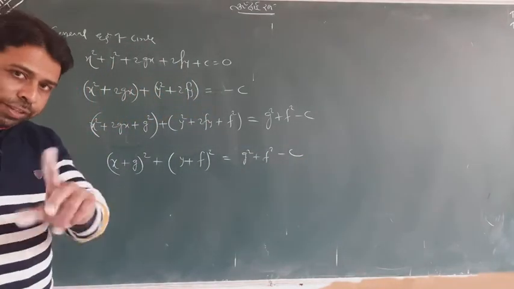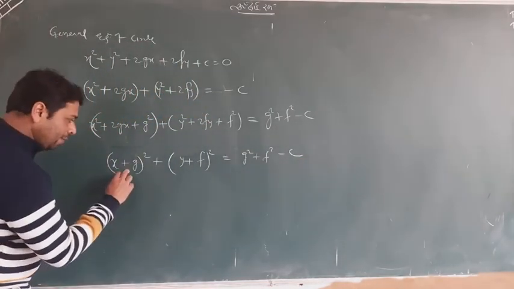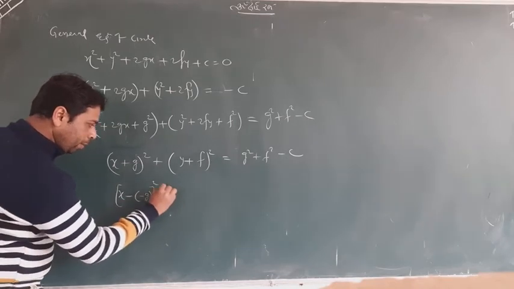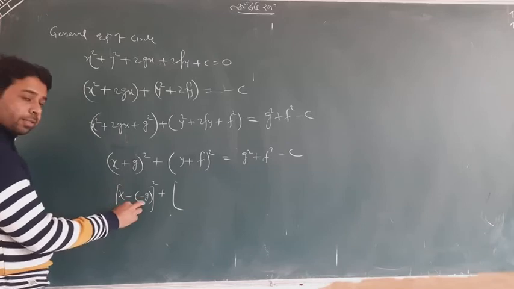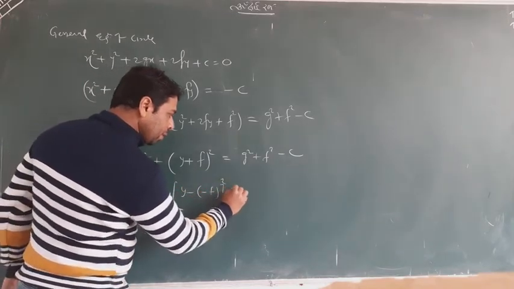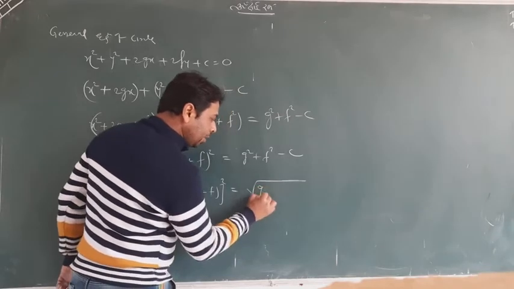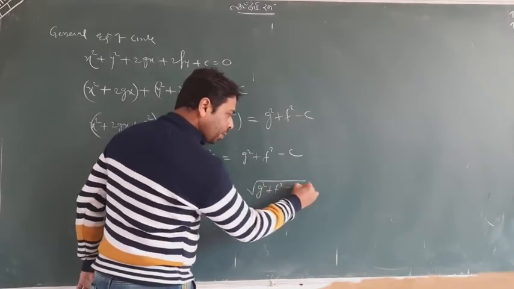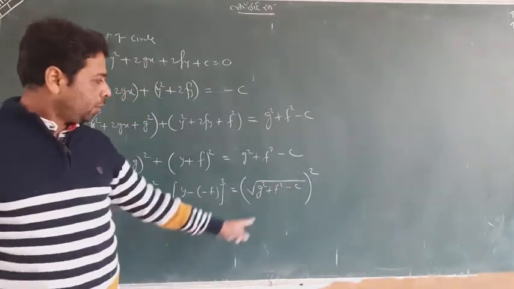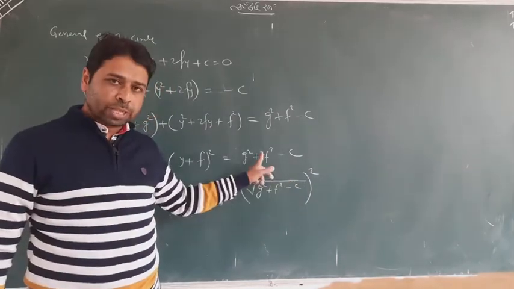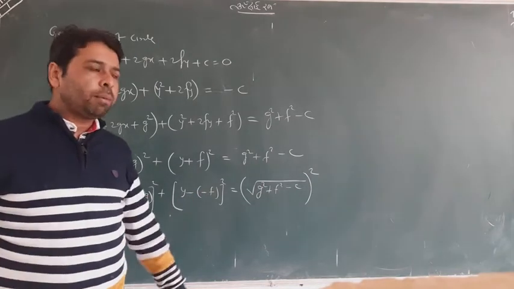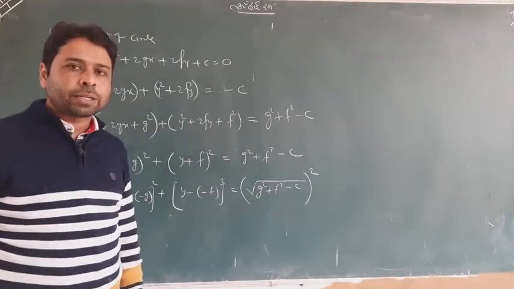Now, I'm doing it with an interesting fact. This I will write as x minus g, plus this I will write y minus f, and this I will write intentionally as a square root, but I will make it a square. Now balance. Square means this will be removed, and the same quantity will be obtained. Minus plus, same. Now you may be thinking why I have done it like that.